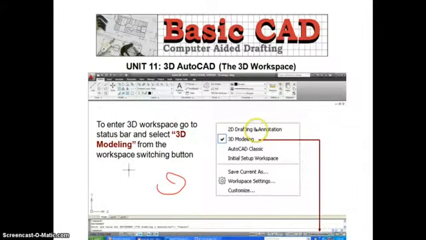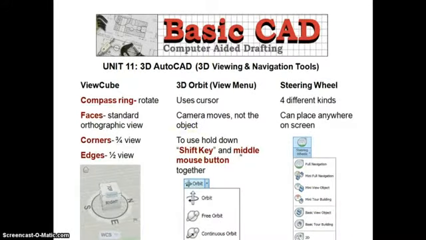In AutoCAD, we can change the main window, like 3D modeling, AutoCAD Classic, 2D drafting, etc. Here we are going to work with solid modeling. So we have the main window as 3D modeling. So it will be a 3D space.